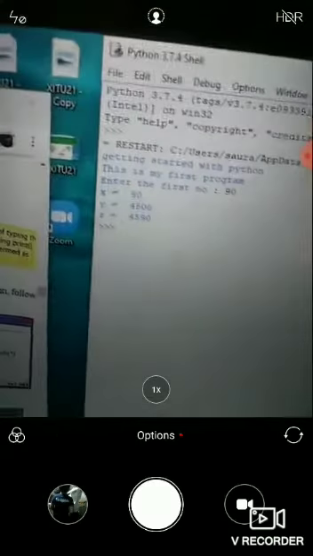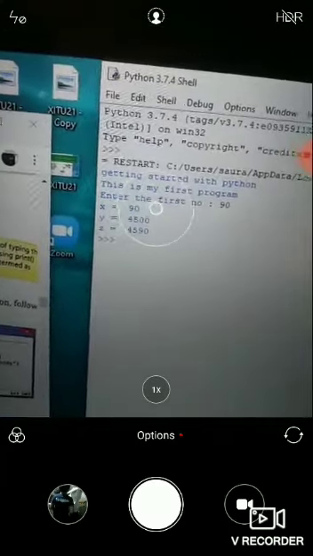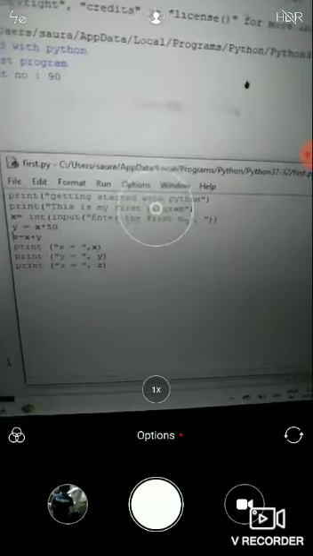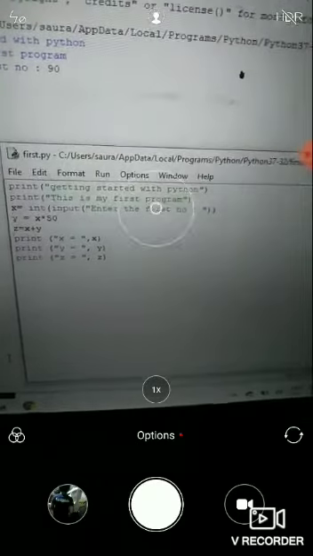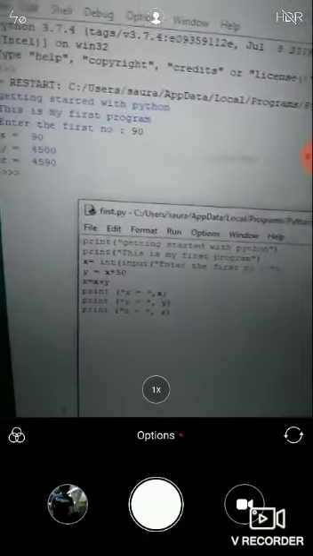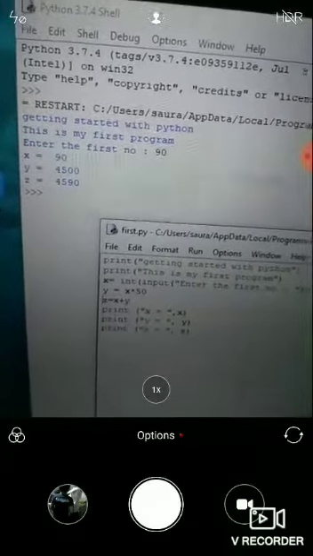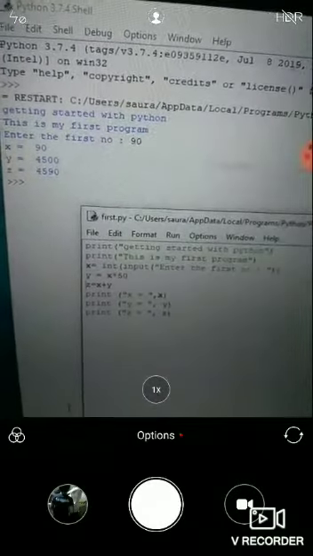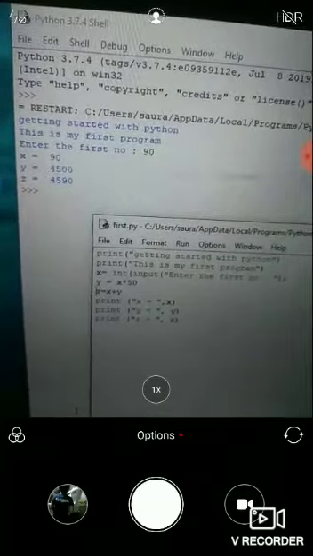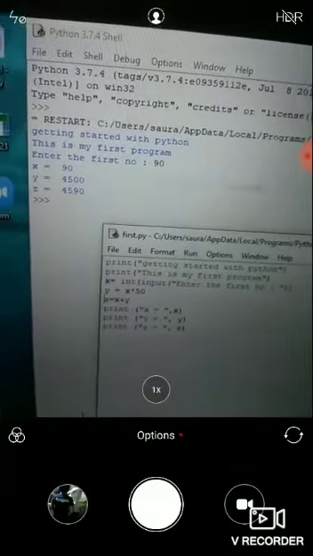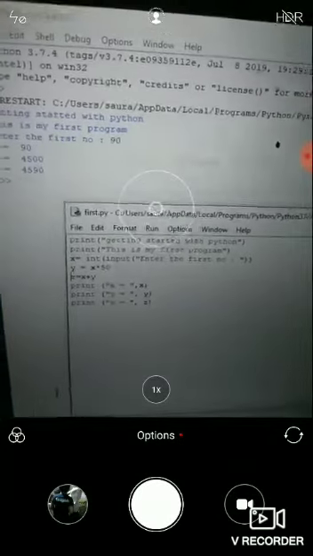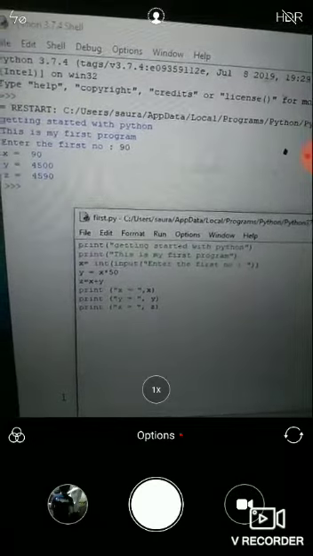So let's see the program and understand. Here our first print statement is "getting started with Python". We can see that it is written in the first line. The second is "this is my first program", so the second statement is also print, and in the third line we take x equal to int(input("enter the first number")).